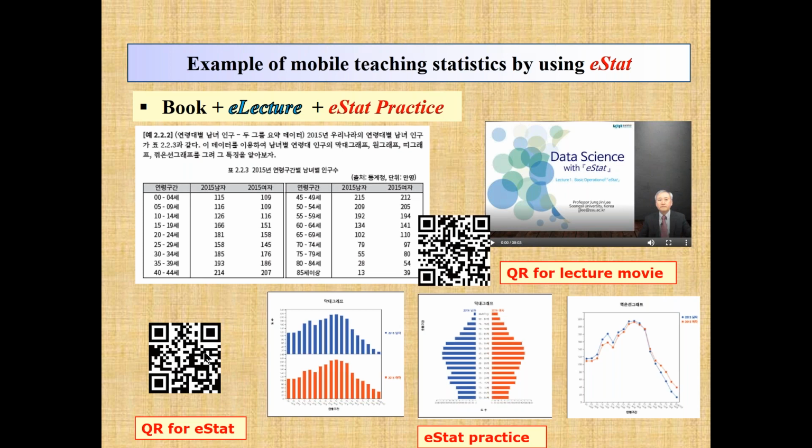In this book, there are many QR codes like this. If you scan this QR code with your smartphone, you can see me on screen, like YouTube. Also, if you scan the QR code in this way, you can see the software called eStat. What I mean is, while you are studying statistics, you can listen to lectures from your professors, or you can practice what you want. The point is, what kind of software eStat is.